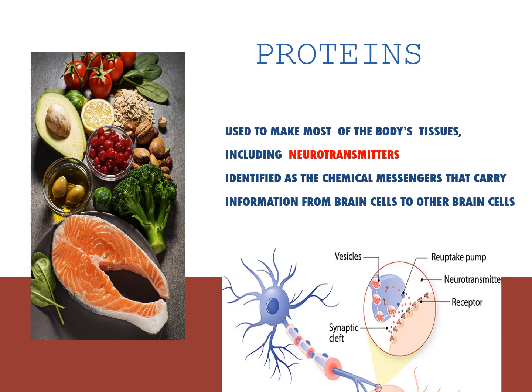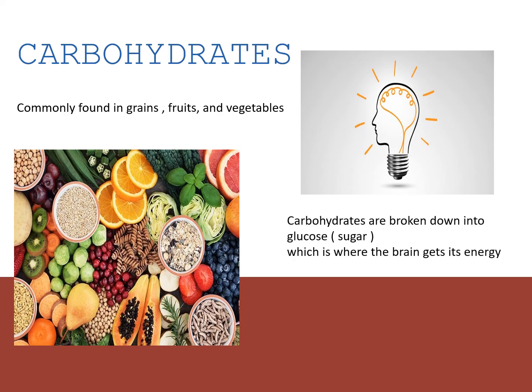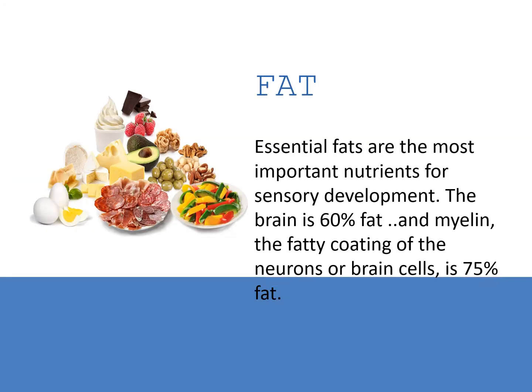Starting with the macronutrients, as you all know, they are very important to make most of the body tissues, the muscles, the bones. It includes neurotransmitters, which are very important for learning. Neurotransmitters, of course, are the chemical messengers that carry the information from brain cells to other brain cells. Carbs are found in grains, fruits, and vegetables, broken down into sugar, which we call the fuel of the